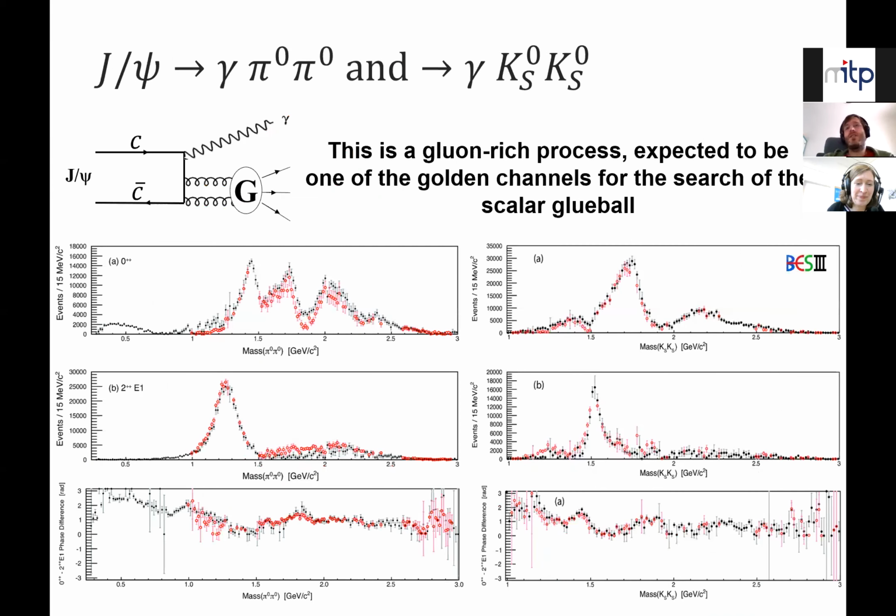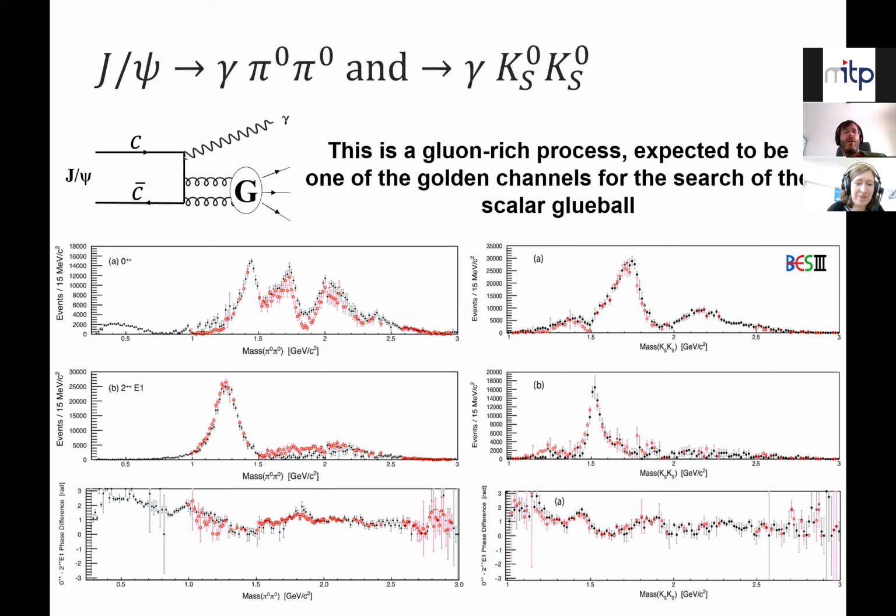So one of the things that you can actually do is look. In our case, we decided to look into the radiative decay of the J/psi. There are wonderful data from BESIII, and because this is really a gluon-rich process, it's suspected to be one of the golden channels to search for a scalar glueball. So we look into this